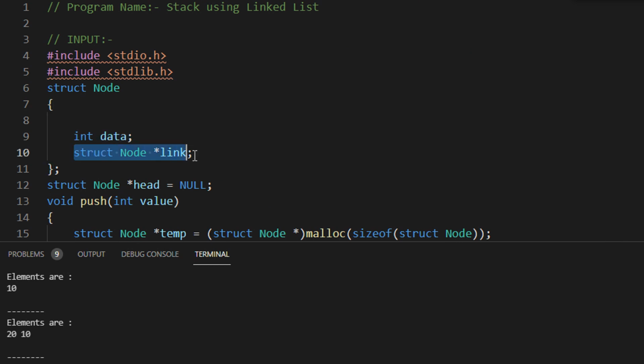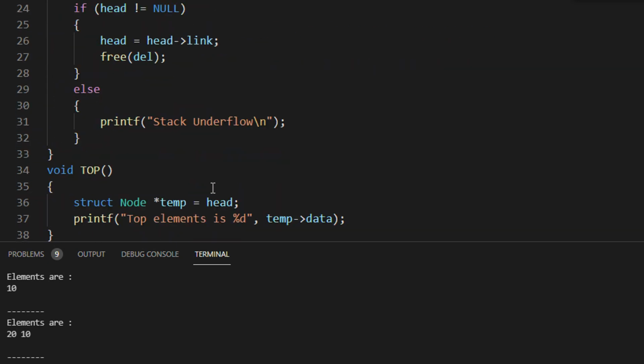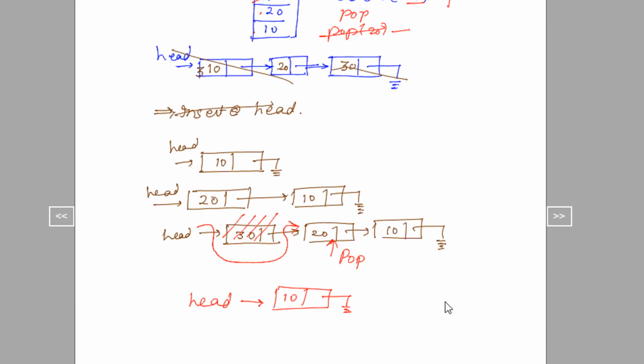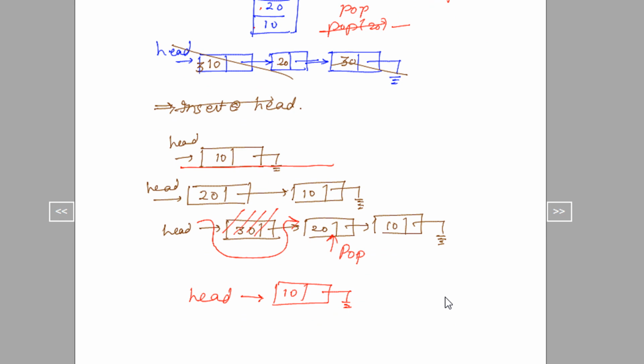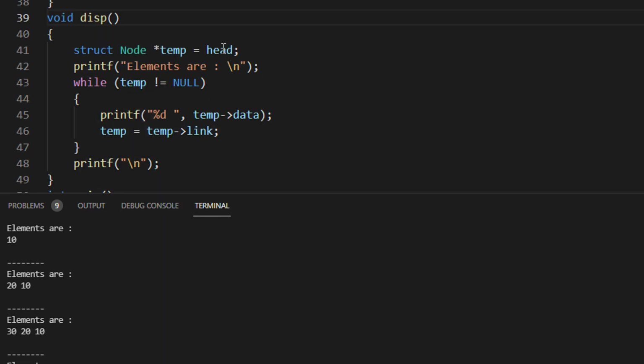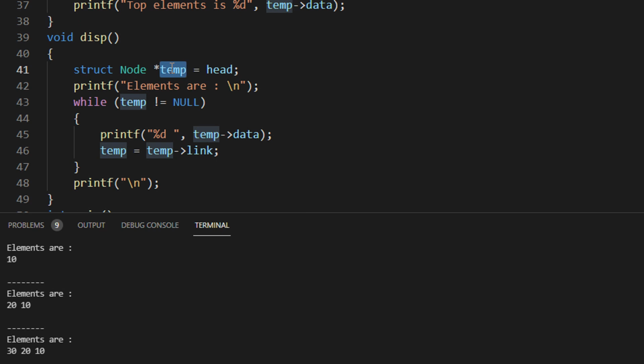Linked list we have already seen. We need a data and a link. Initially, we point the head to null. And if we want to traverse the linked list, what do we do in the display function? We start from the head and traverse till we get the null element. Same thing here. So for display, right click, go to definition. You can see we assign the head to a temporary variable temp, and while temp is not equal to null, we display the data. And we just go temp equals temp arrow link. So as you saw, it's a very simple implementation of an array, a linked list and a stack.